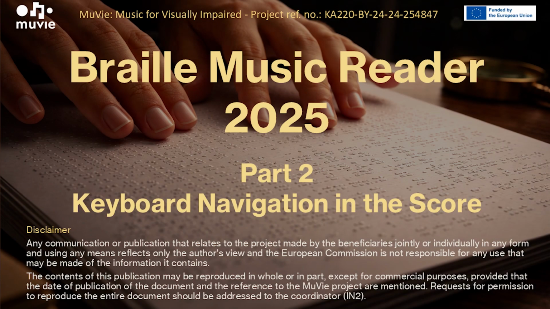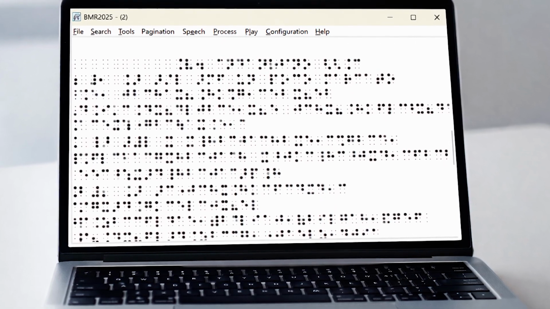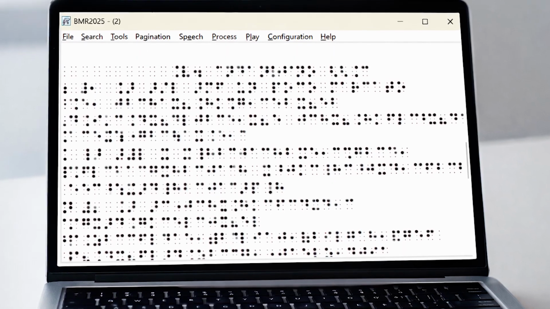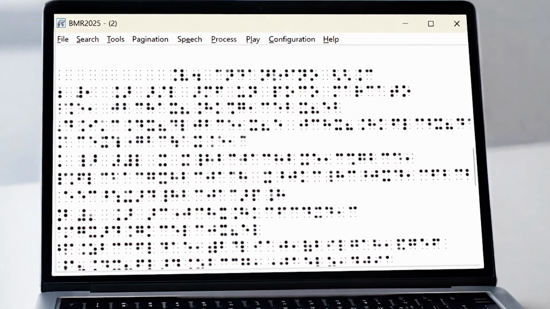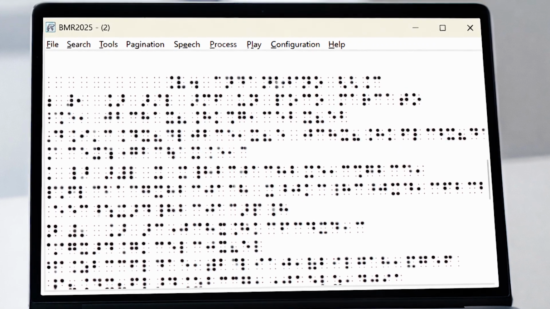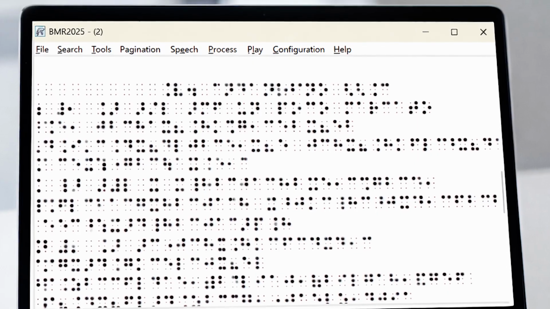Welcome to the second tutorial on Braille Music Reader 2025. In this lesson, we will see how to navigate within musical scores using keyboard shortcuts. The aim is to learn how to move confidently between annotations, musical objects, notes, chords, measures, and different parts of the score. In the final part, we will also look at the search functions, direct jump, and the main playback